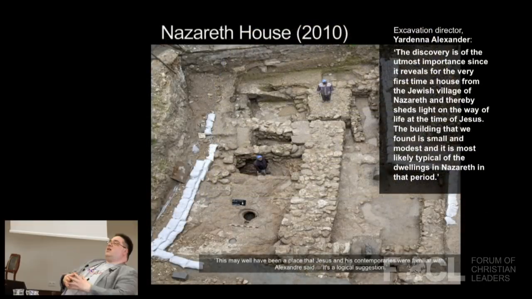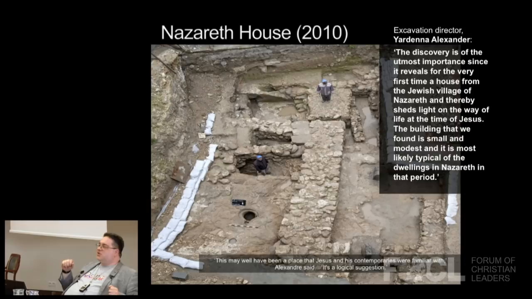Another place that some atheists have been skeptical of the existence of was Nazareth, where Jesus of Nazareth, where Joseph was from, where Jesus grew up. And there'd been some archaeology that suggested there was a conurbation there. There'd been, I think, some wine presses found, some graveyard. But it was only in 2010 that archaeologists stumbled across the walls.